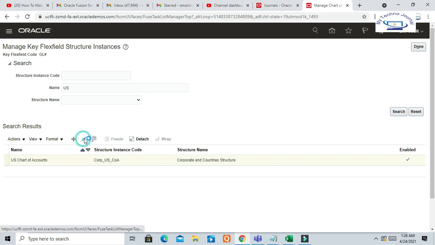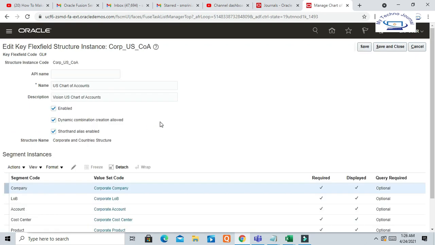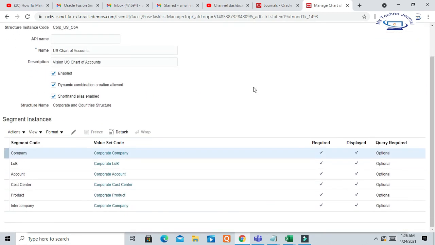So now we will go to value set. Okay. So corporate company, corporate accounts, cost center, product line, and intercompany. So now we have to create one relationship. Okay, so click on the company.